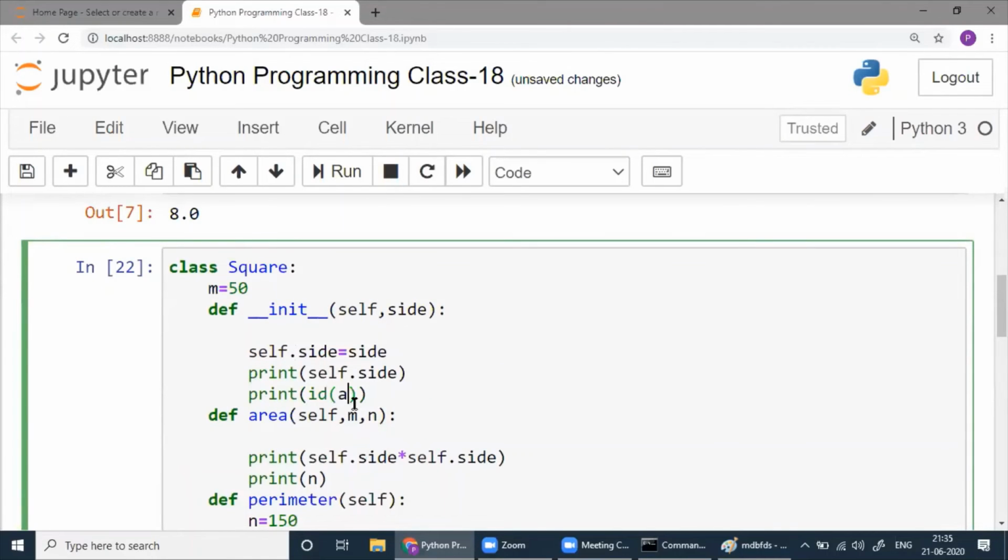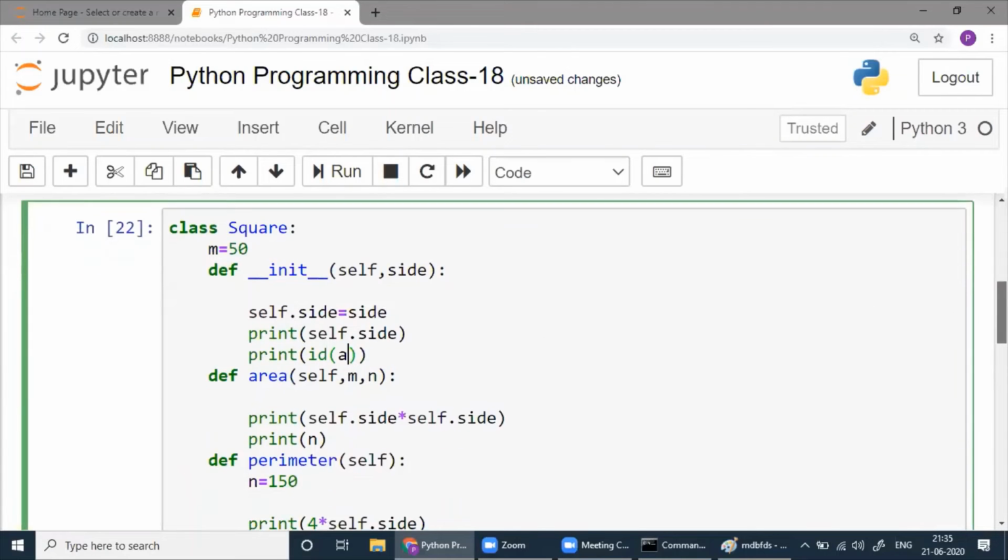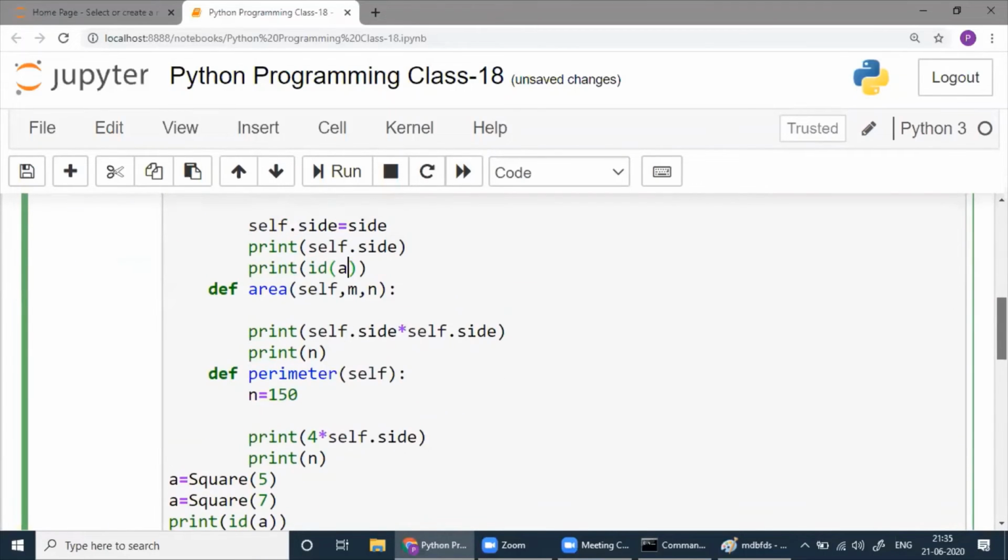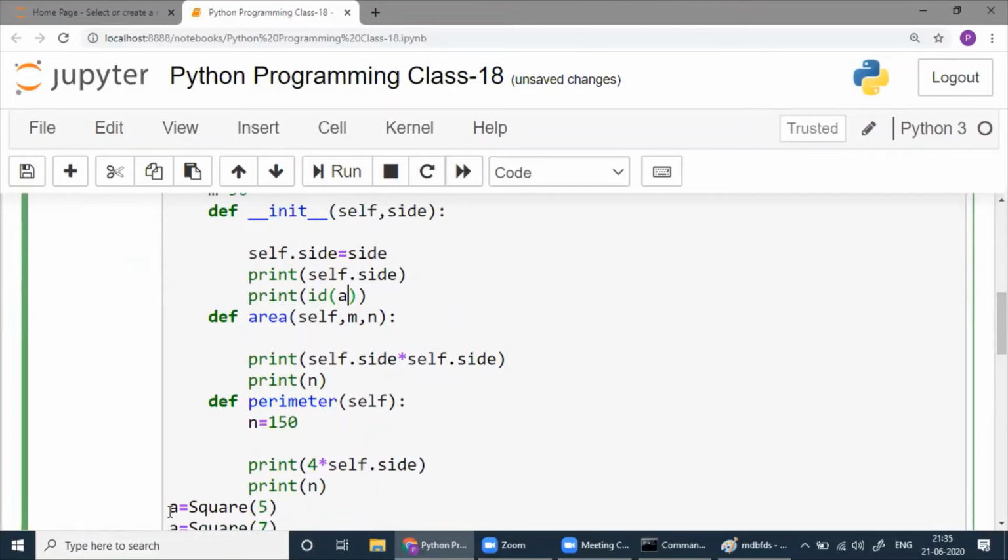When we claim that whatever is A here, because we are sending that 5 to side and A we are sending to self, right?